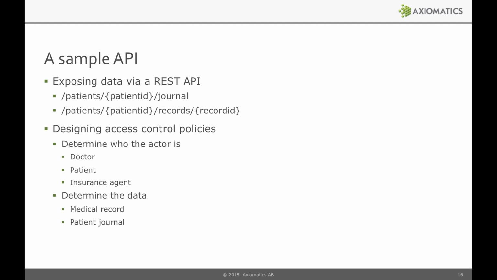Example, a doctor can view the medical record of a patient they have a relationship to. What the API gateway will do is extract the user ID, Bob, extract the fact that we're trying to access a medical record, extract the ID of that medical record, and send on the authorization request to the policy server and ask, can Bob view medical record 123?